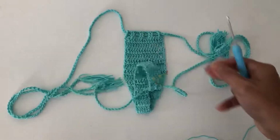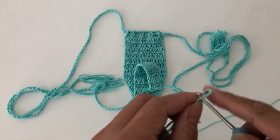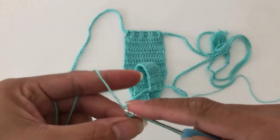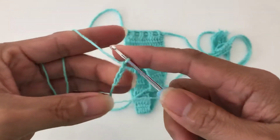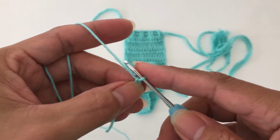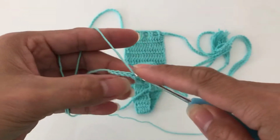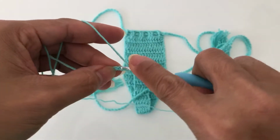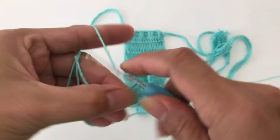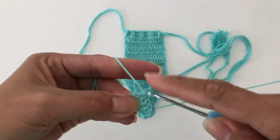With this one you start from a slip knot, and then chain 4, chain 5, sorry. So chain 5, and then from here, block this last chain and then we have to add 3. We are going to do double crochet, and just continue that double crochet in each stitch. And we will be just doing this